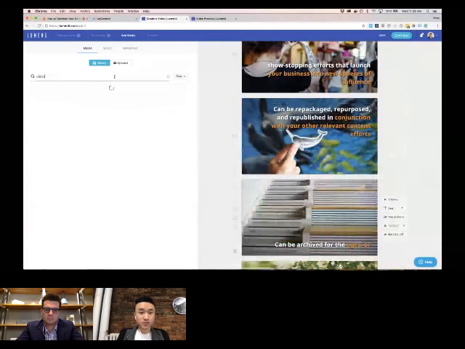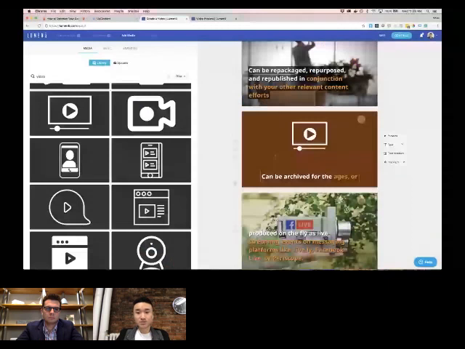There's also icons, which are very useful as well if you're trying to communicate something that's not quite as visual. So by searching icons, let's see what would be a good search term. I guess video is fine. It's going to show me video players. It's going to show me icons of a webcam. So I can drag that, and the system will know that it's an icon and use a very specific theme